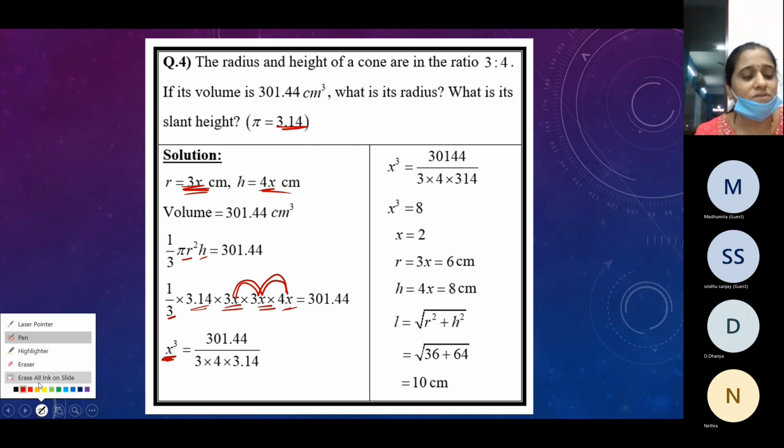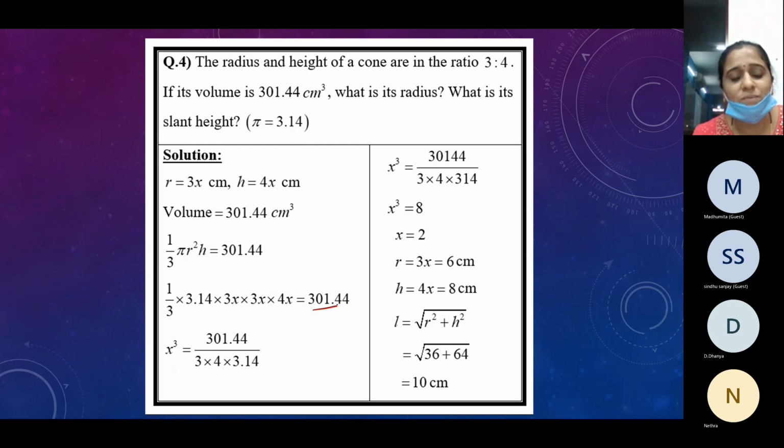And then transpose the numbers. See, this will be here only. I've cancelled this 3 and 3, children. And then what is remaining? 3.14, 3 and 4. They go to the other side for division. 3, 4 and 3.14. Correct? And on this side, we have x cubed. So x cubed is equal to